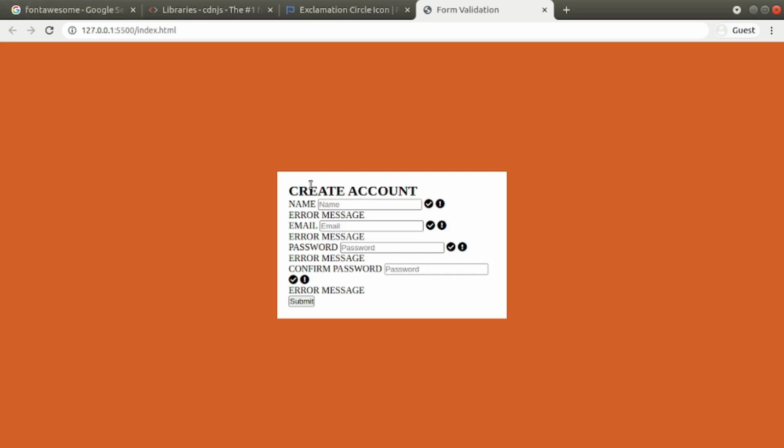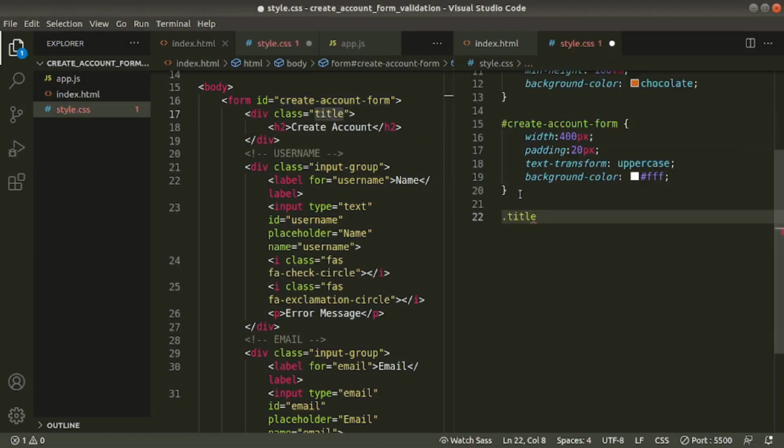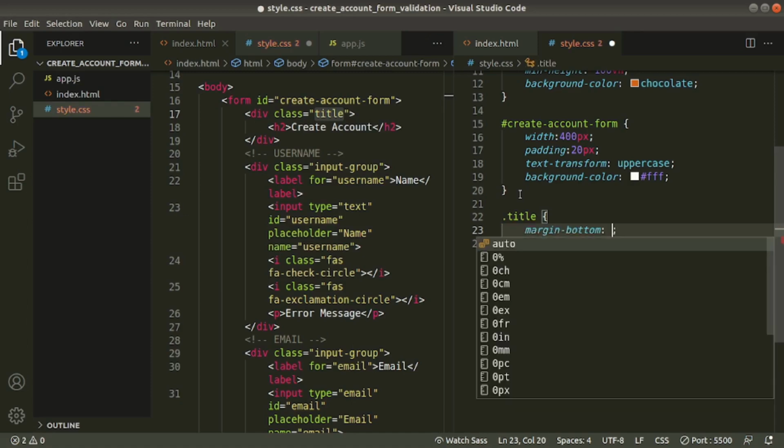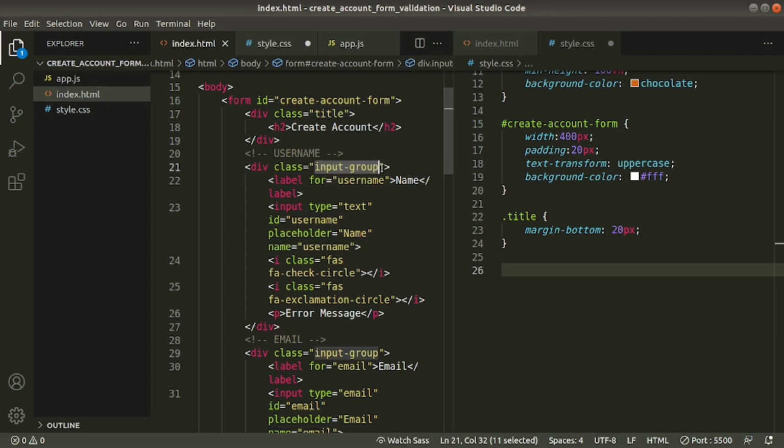Now inside our form we have the title. We'll style this one. See this one. Margin bottom 20 pixels. Later we have this input group. We'll style this one.